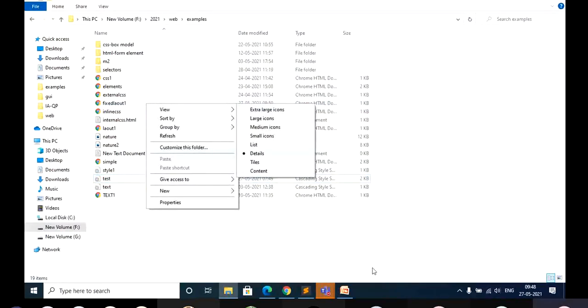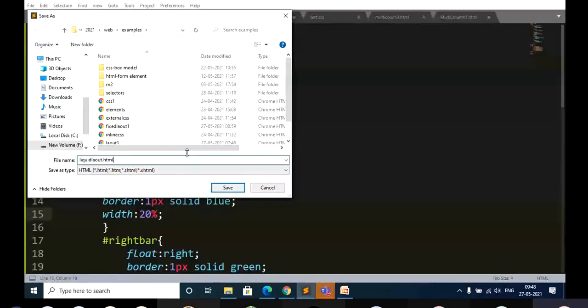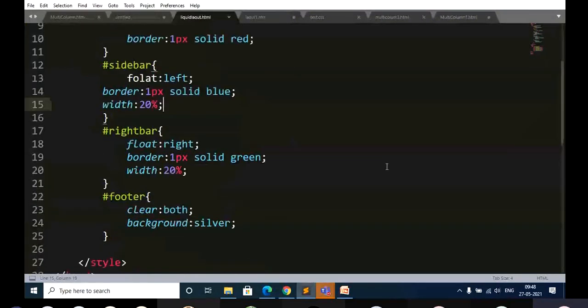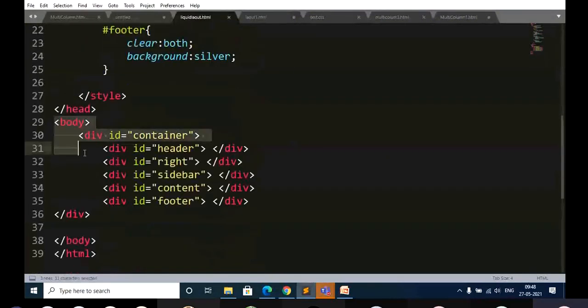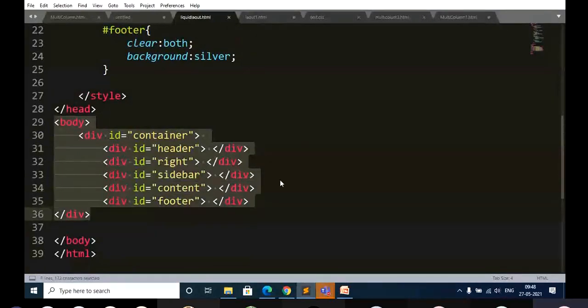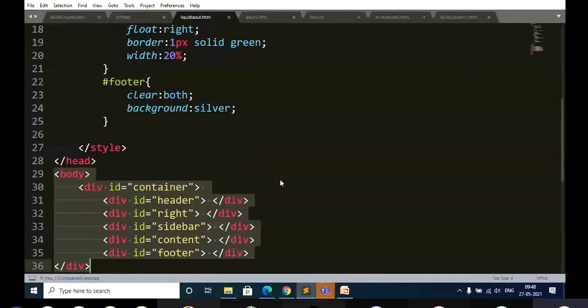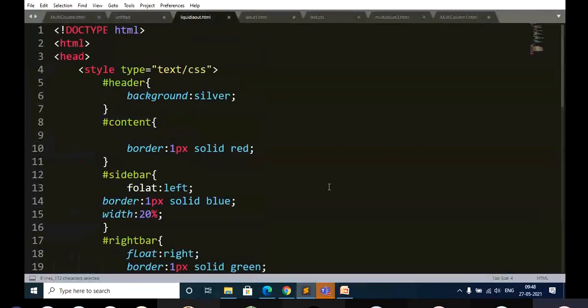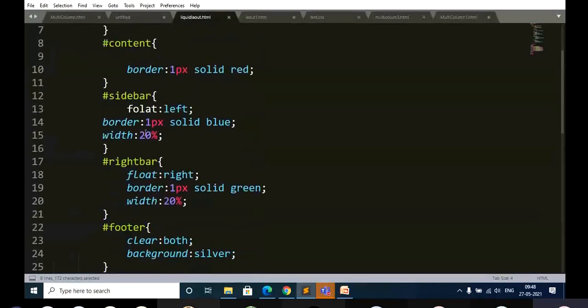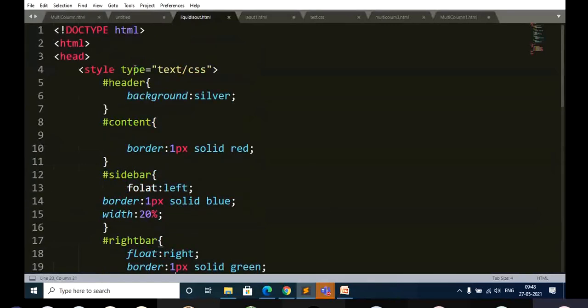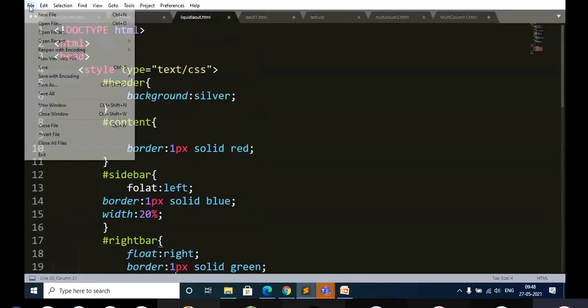So in this I have written embedded CSS only. Here also the HTML part is only this much. And for each of these tags you are applying the style, and you just observe what the main focus is: the width. You are specifying it in terms of a percentage. So what is the output you are going to get for this?